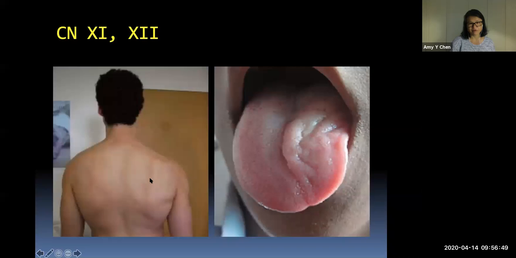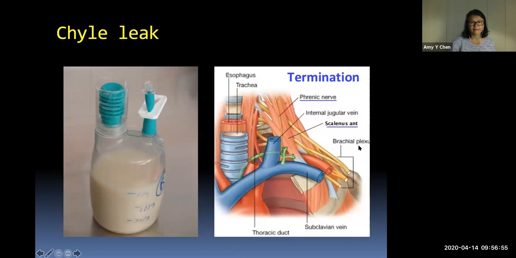Here's some good pictures of what a cranial nerve 11 palsy looks like and what a 12 palsy looks like on the left. Chyle leak, I hate chyle leaks, the bane, they're awful. They usually happen on the left side of the neck, although I've had them on the right side of the neck as well. And as you all know, it's because of the thoracic duct being really, really close in proximity